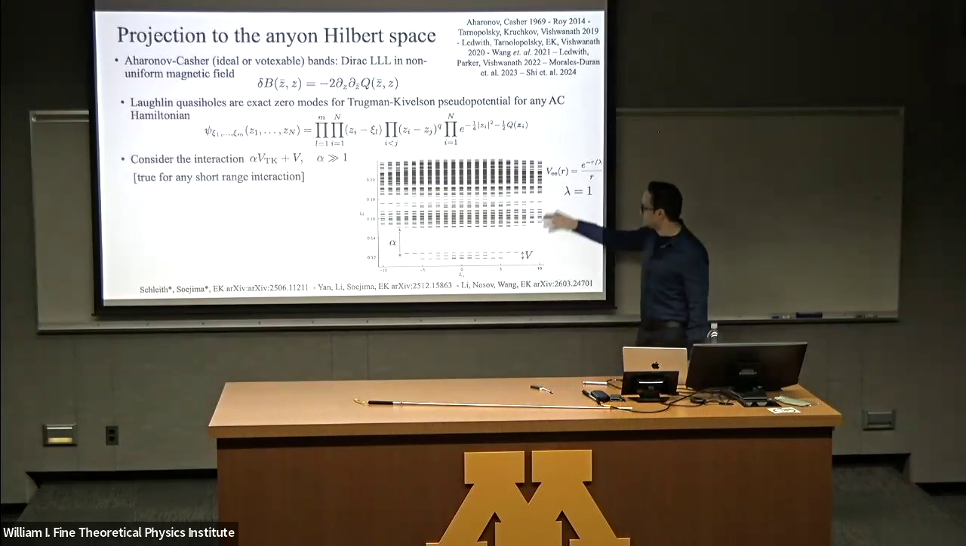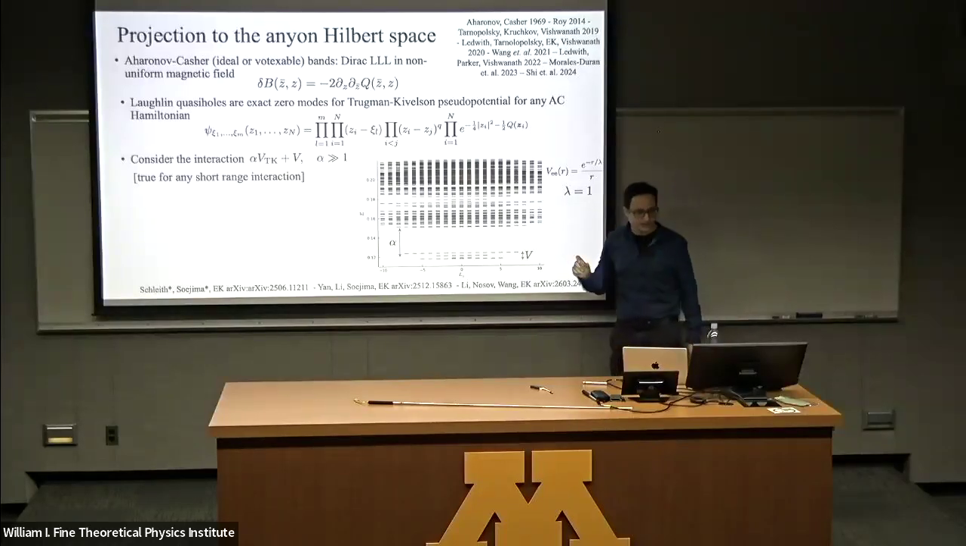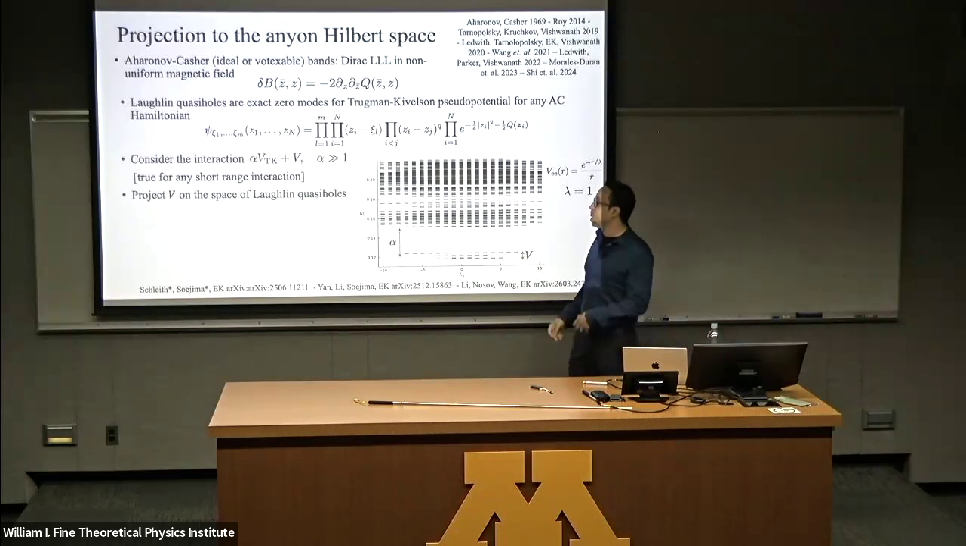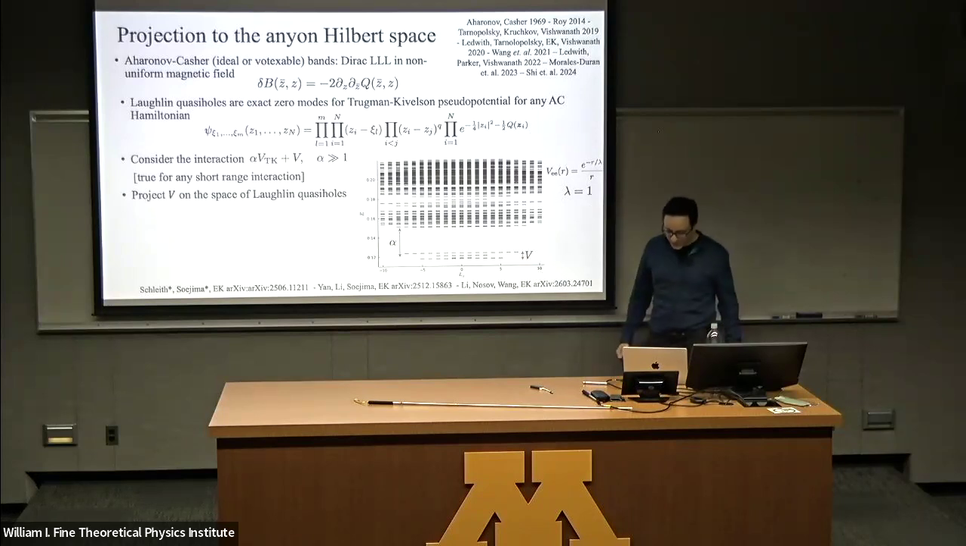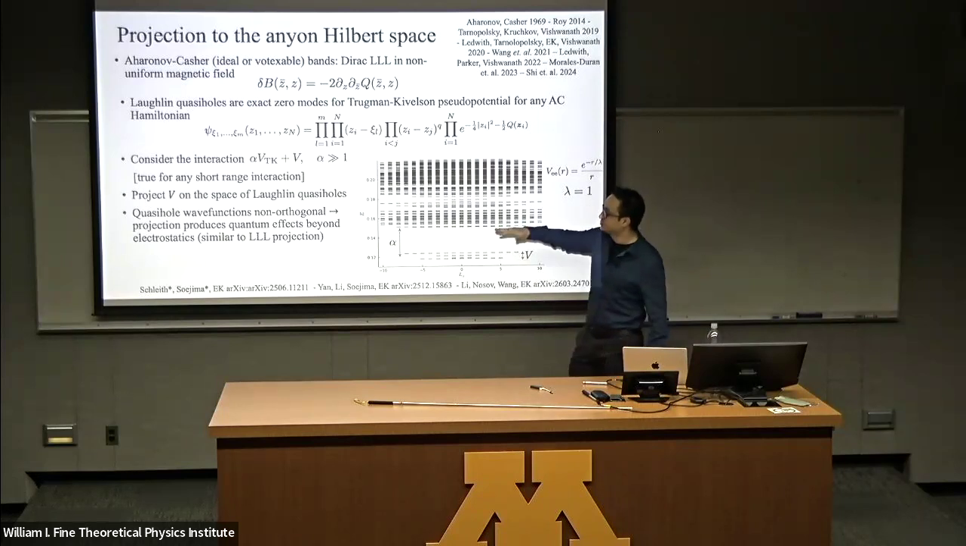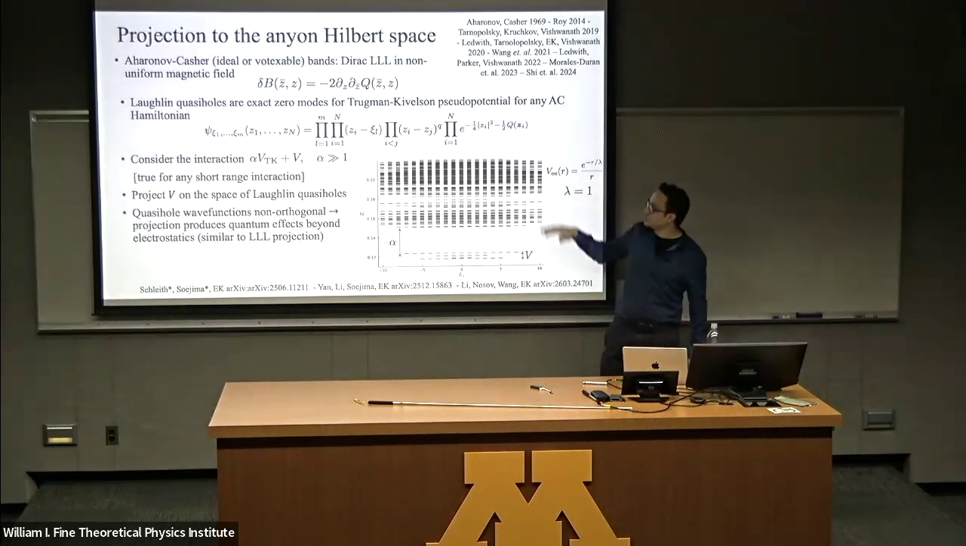But if I just look at the numerical spectrum, even if I take a screened Yukawa, screened Coulomb, with a screening length equal to 1, I still get a reasonable separation between the gap scale and the leftover scale. This is a good approximation, even away from the limit where it's fully controlled. And my goal now is to project V onto the space of Laughlin quasi-holes. Now, the main complication when projecting the interaction onto the space of quasi-holes is that this space of quasi-holes is